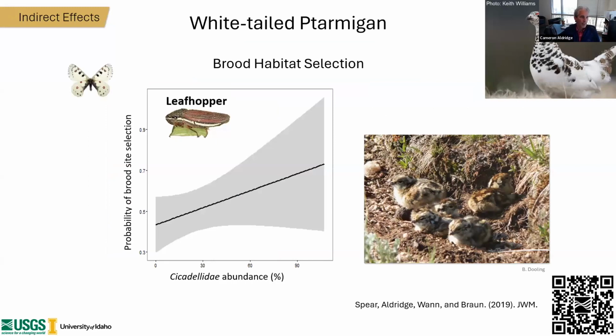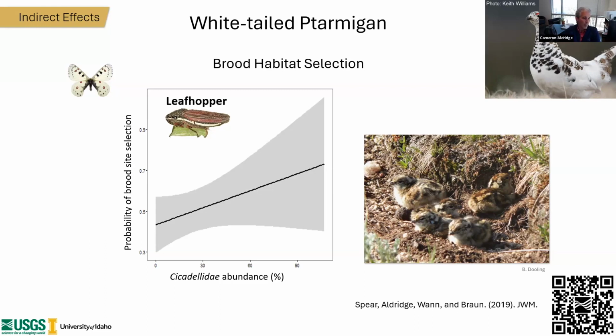So we're going to shift now into talking a little bit about some of the indirect effects that might affect wildlife populations. I'm going to lean on an example here and throughout some of this talk from some of our work on white-tailed ptarmigan. Ptarmigan are a grouse species that inhabit high alpine systems. They're heavily affected by climate change. And much like most other grouse species like sage grouse, the chicks rely heavily on mesic forb-rich resources that are also plentiful with insects for protein abundance, especially early in life.